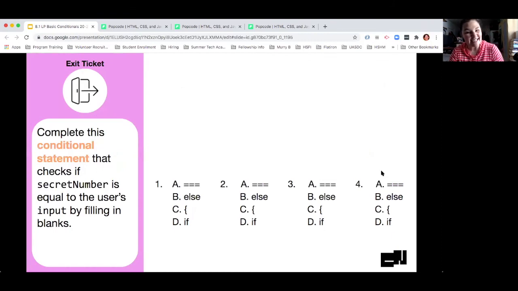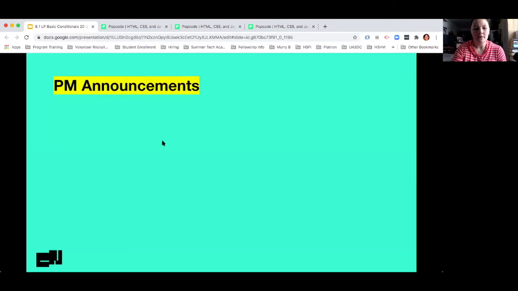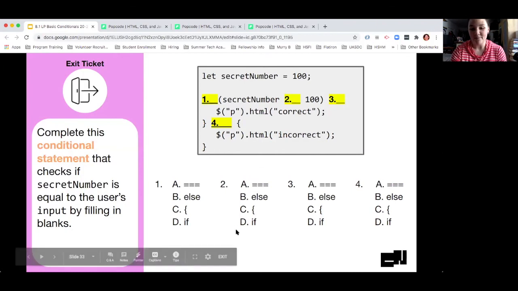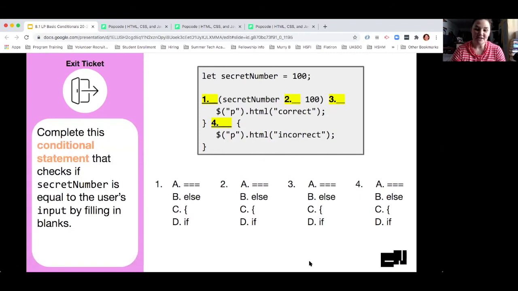So there is an exit ticket in your Google Classroom. You're going to complete the conditional statement that you see on the screen. You want to check whether the user's input is equal to the secret number. It's just like we did all during class. You want to use the if statement and evaluate that against the secret number that you have up here and figure out if it's true or false. So you're just filling in the blanks to make that happen. So I'm going to leave this up here on the screen for the end of the video. You'll want to put this in your exit ticket and submit it,